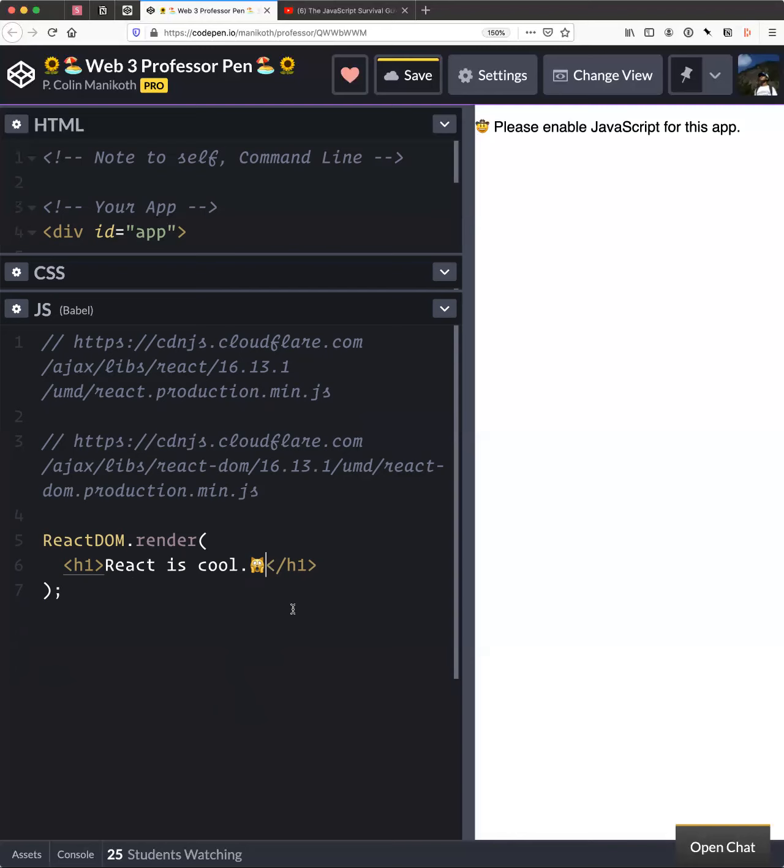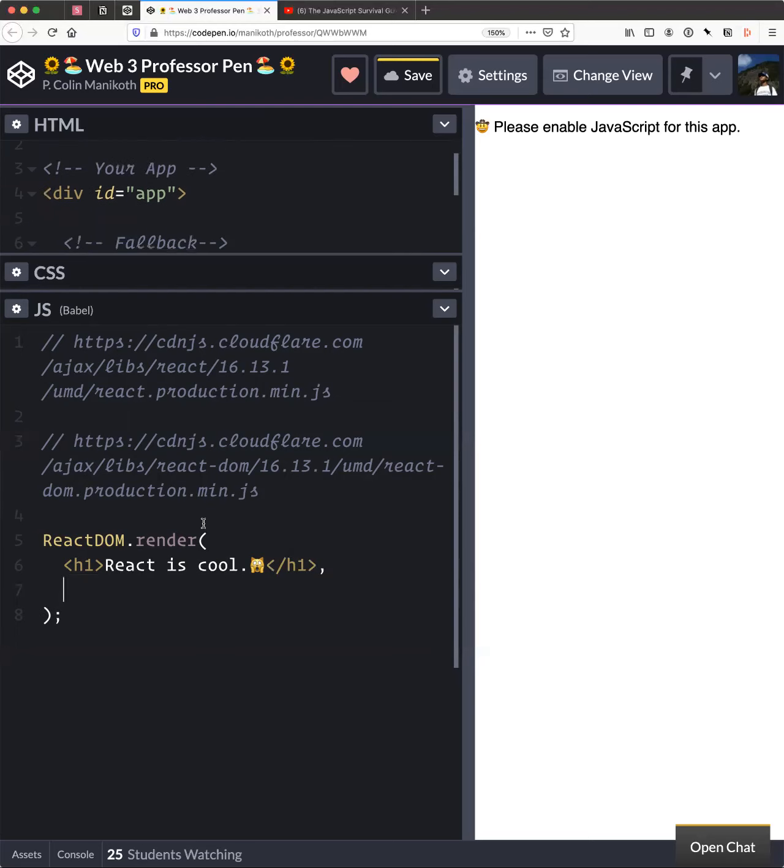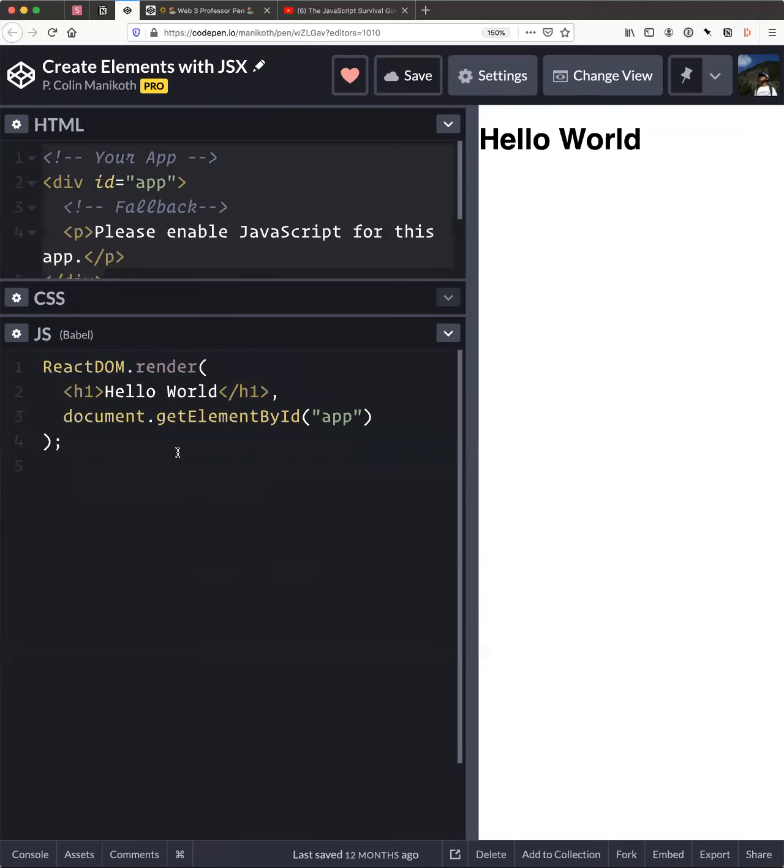All right, so notice it's still not showing up. We told it what, but we didn't answer the other question: the what and the where. So put this up. What do you want me to put on the screen? This. Where? Well, where's the only place that we can put our app right now? This ID of app. And to do that, we're going to use our simple